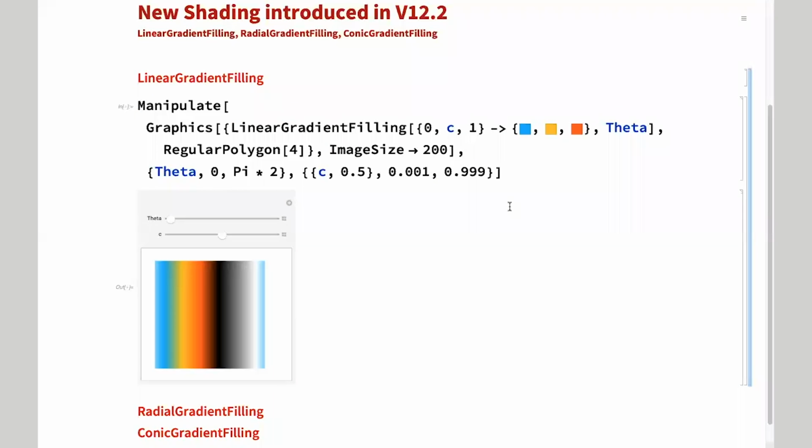Let's first look at the linear gradient filling. As the name indicates, you can do linear interpolation. So you can give the scaled values, and each position will specify a different color, and it will interpolate. Other than that, you can also